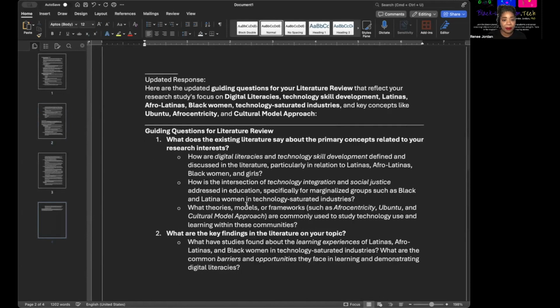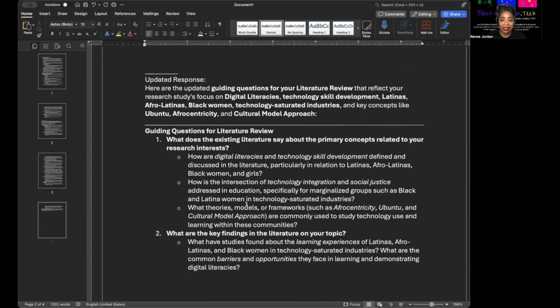Here are the updated guided questions for your literature review that reflect your research study's focus on digital literacies, technology skill development, Latinas, Afro-Latinas, Black women, technology-saturated industries, and key concepts like Ubuntu, Afrocentricity, and cultural model approach. Guiding questions for literature review.